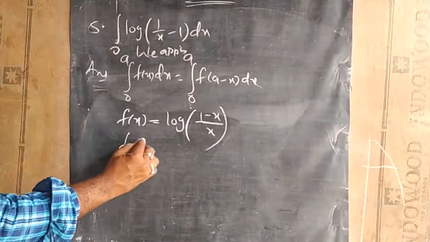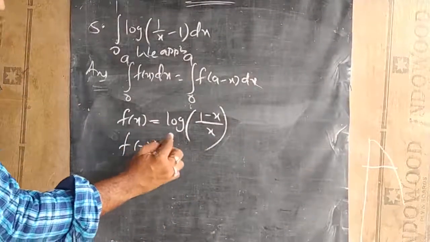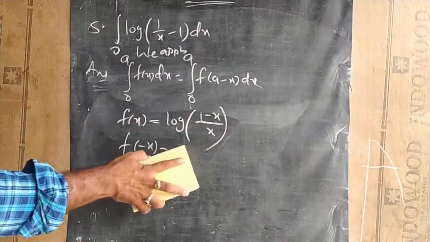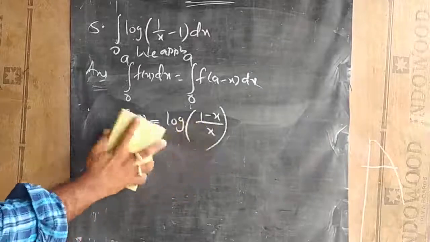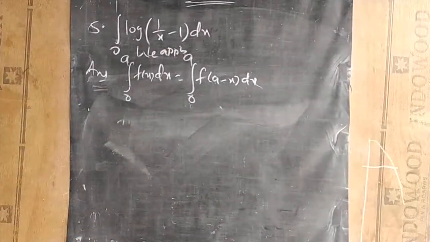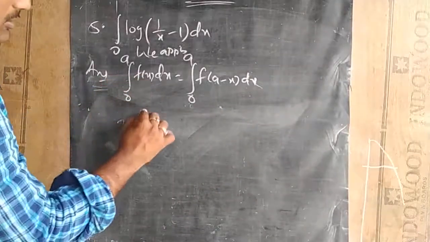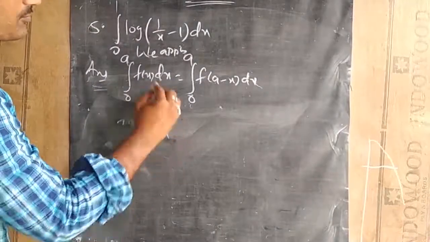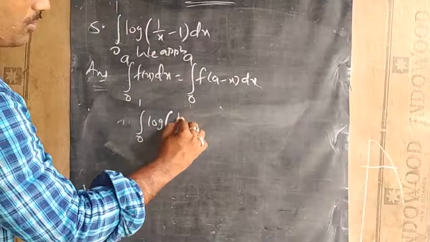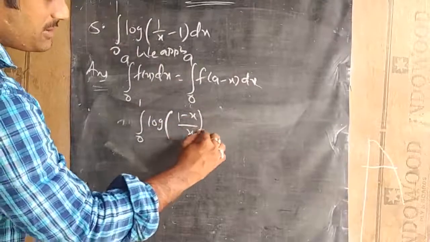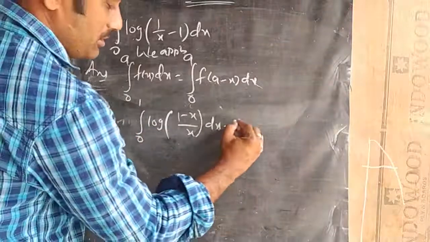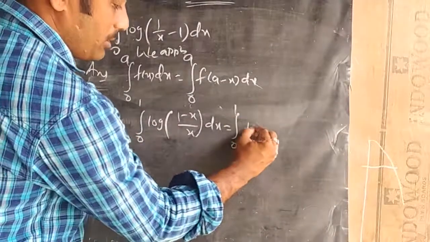So if I take f of minus x, I cannot take f of minus x, because if I replace with minus x, it is not a function. So let us do it like this. Let us take the limits only. So integral 0 to 1 log of (1 minus x) by x dx is equal to, now this can be replaced with integral 0 to 1 log